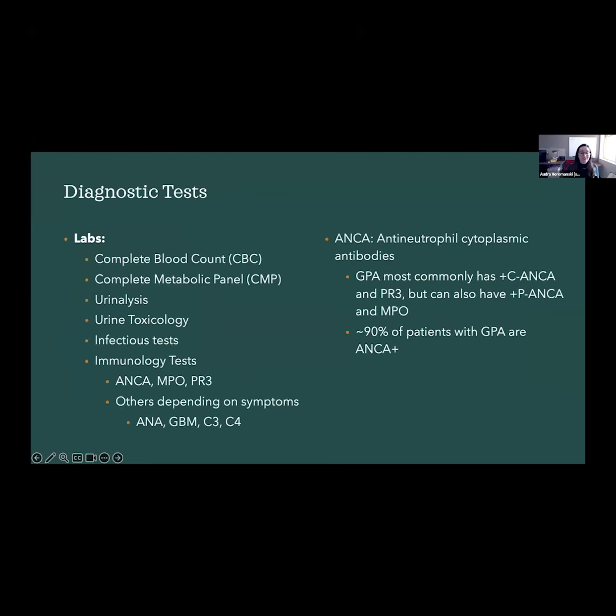Okay, there are a lot of different diagnostic tests that are required to help us figure out if a patient has GPA. The basic ones are the ones that you're probably very familiar with. Things like a complete blood count, or CBC, or a complete metabolic panel, sometimes called a CMP. These tell us if there is a high level of white blood cells, or if there's anemia that's ongoing, both of which can be signs of the vasculitis, but again, quite nonspecific.